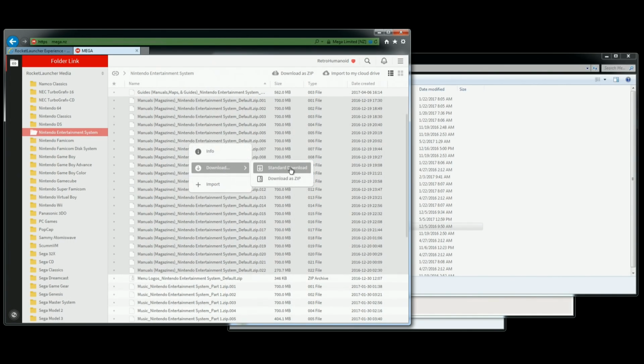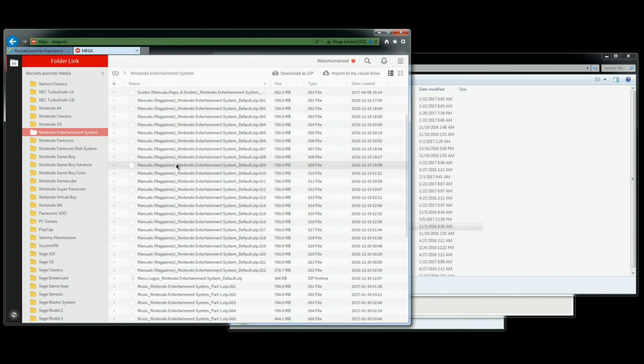And then what I usually do is standard download. Because if you download a zip, it's going to be one file and it's going to be super large. It's going to take forever to download, and it may screw up in between because that's just the nature of Mega, I guess, when you're living in the US. If you go file by file, it'll probably get 3 or 4 and then screw up. And you just go in, get 3 or 4 more, it'll screw up. I apologize, I'm looking into other ways to do this because I have more media than I started with. This kind of went further than I had planned in the very beginning,